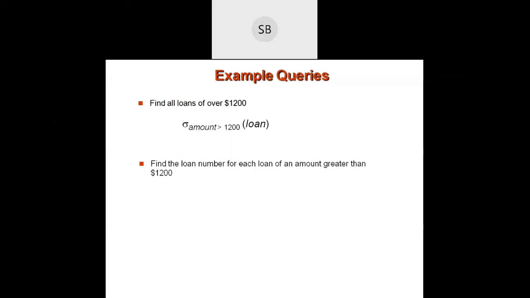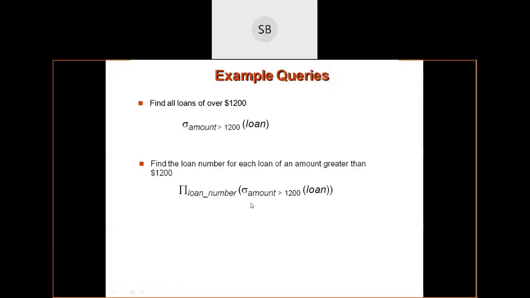Loan number is an attribute, so you have to use the pi operation. Firstly apply the select on loan, and on that resultant table apply the pi operation. Then you get the loan numbers for each loan whose amount is greater than 1,200.